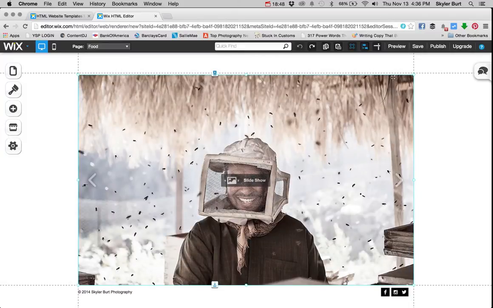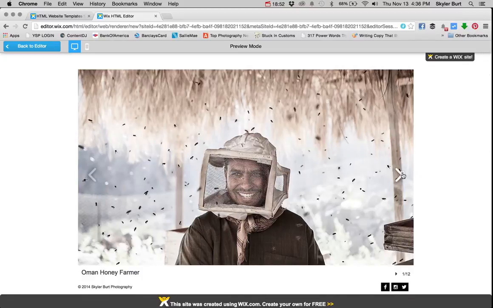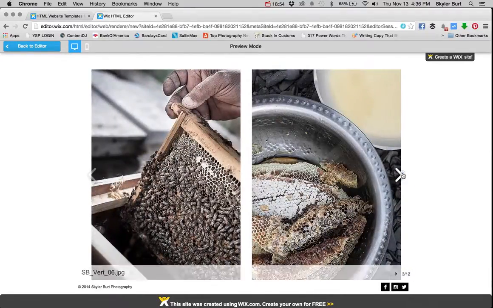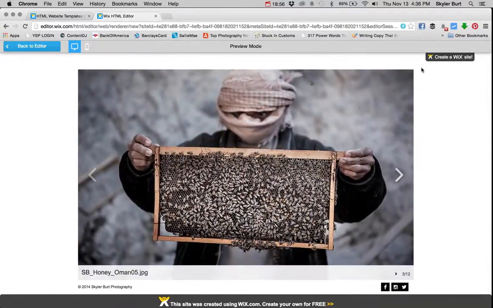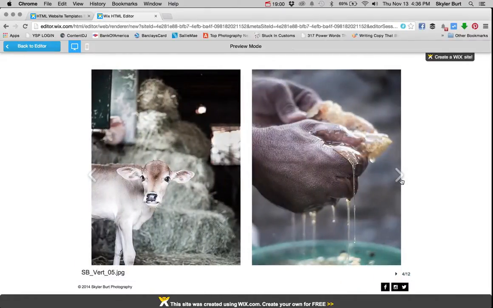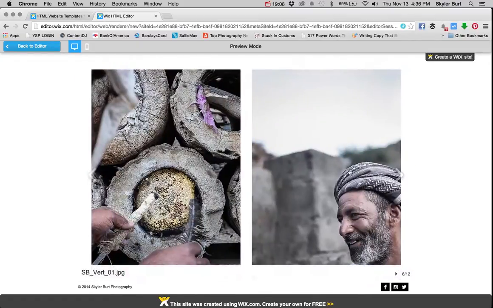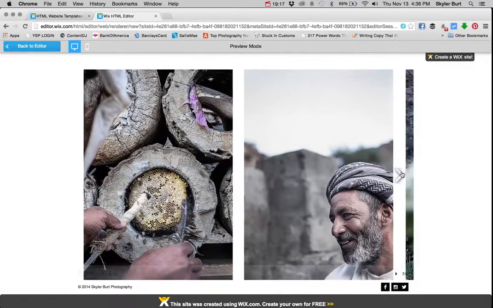And there we go, and I can preview to see this slideshow, and just click preview, and now I can see my slideshow in all its glory. And you can see, because we made these diptychs using the vertical images, it looks really nice and clean as we cycle through our images here. If the vertical images are bigger than the horizontals, the viewer will go up and down, up and down. Every time it sees a bigger or smaller